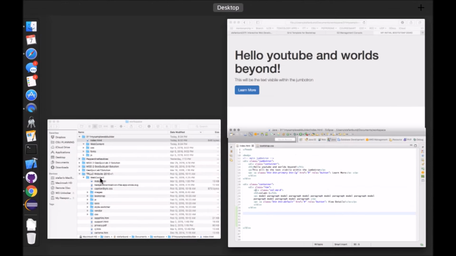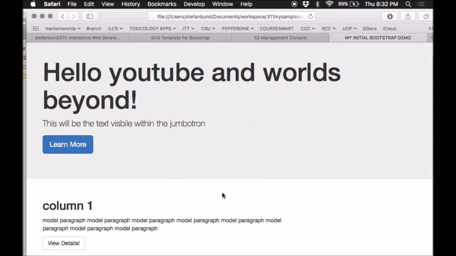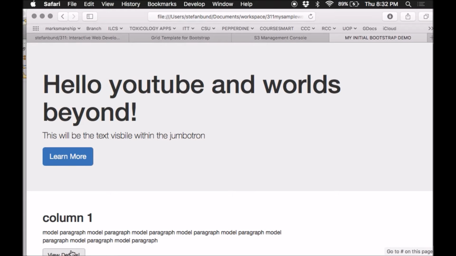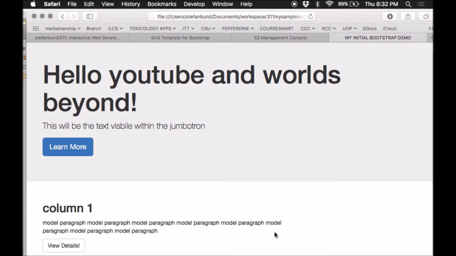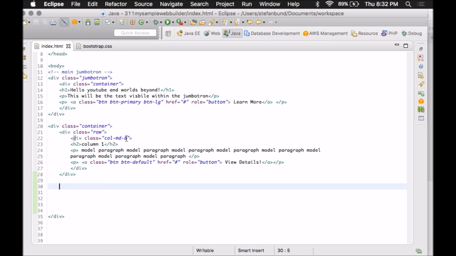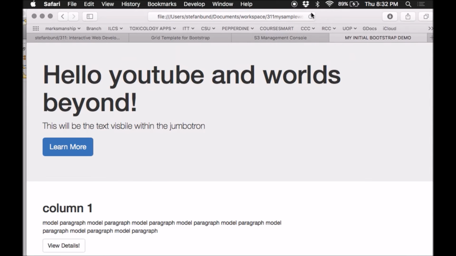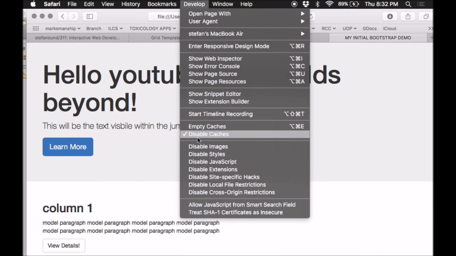So let's do a quick sample where I'm going to go back here and I can reload, and it appears that I'm getting another column right here with my button coming in. And there's a certain cutoff, and that's due to the width of 8. But if I wanted to fool around with that a little bit and say, well, what if it was just a width of 6? I can go back here and say, instead of it being 8, we're going to shorten it, and it'll be a 6. So that refresh is the way that we reload the changes,